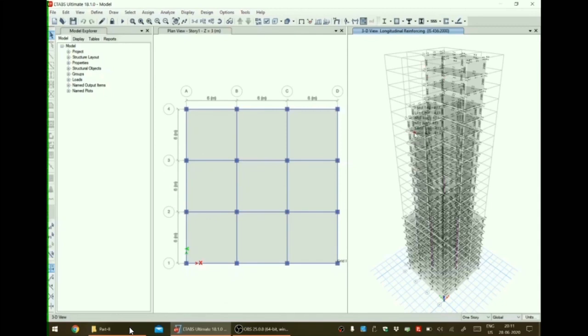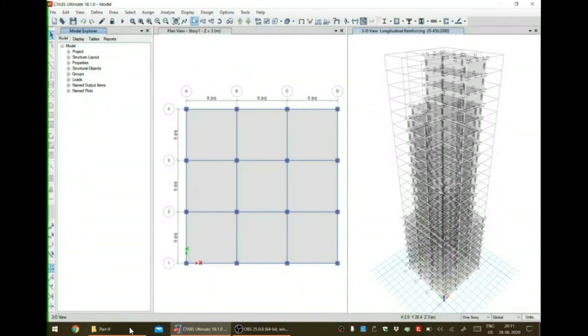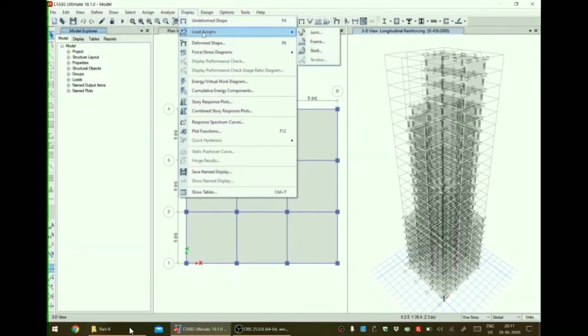and reinforcements are already calculated. We can see the generated reports there. We can view different force and stress diagrams under the display menu.